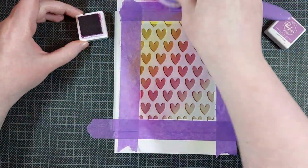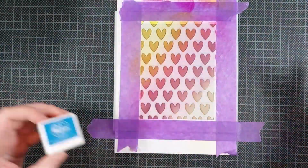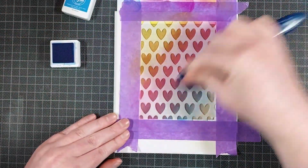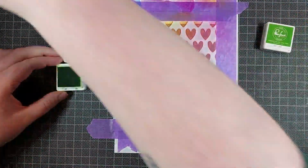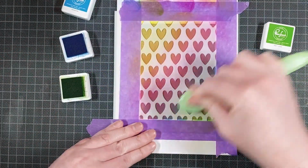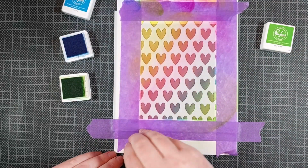And then you also have just a little piece of white left that is hidden behind the stencil right now, but you'll see it in a minute. So you have a dimensional heart, or it looks dimensional at least. And I'm using Pinkfresh Studio inks, and I'm just using a rainbow of inks to get a lot of color